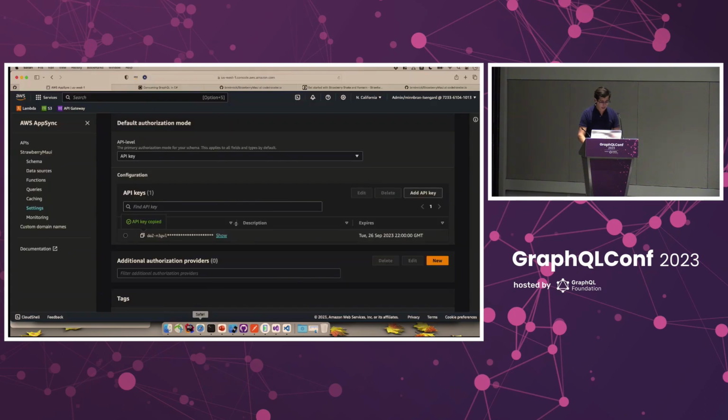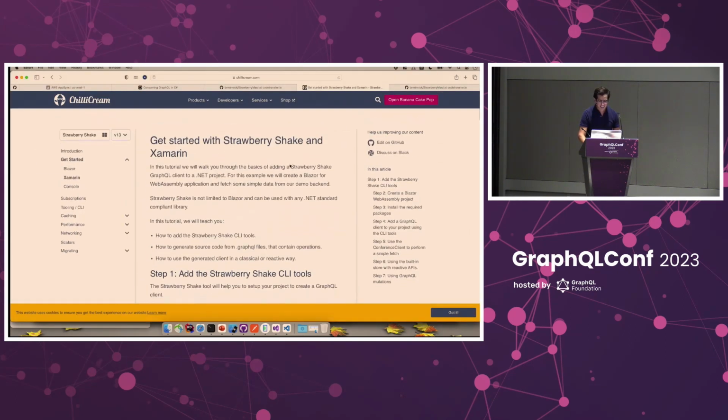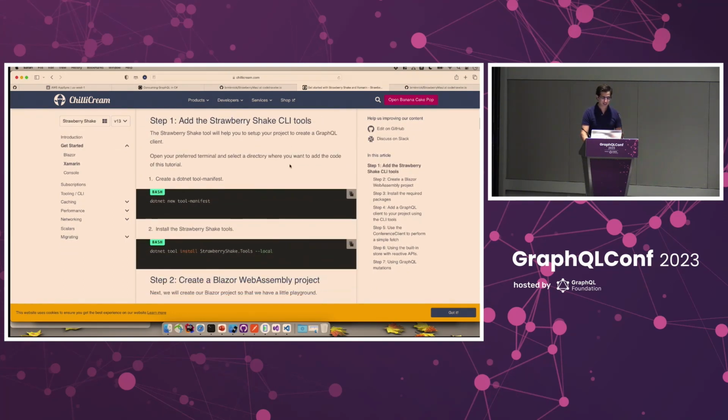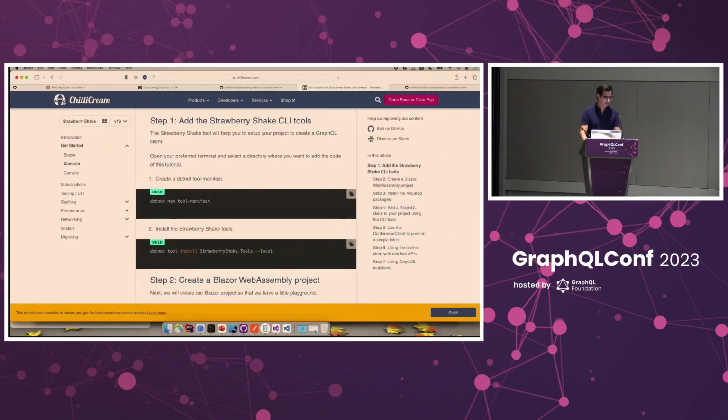And I'm going to cheat a little bit because there's some copy pasting we're going to do to get started. So these are the getting started instructions on Strawberry Shake. They're made by this company called Chili Cream. So it's a funny name. The company name's called Chili Cream. The client library is called Strawberry Shake. If you build a server with the Chili Cream library, that library is called HotChocolate. So lots of funny names, but